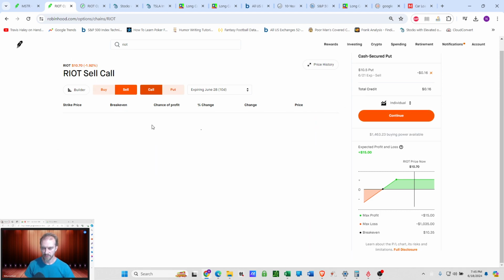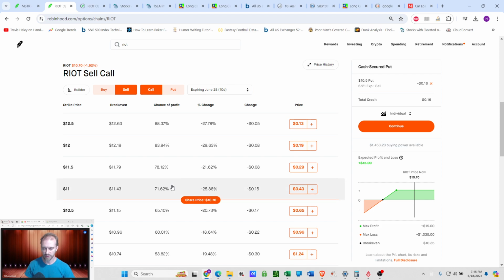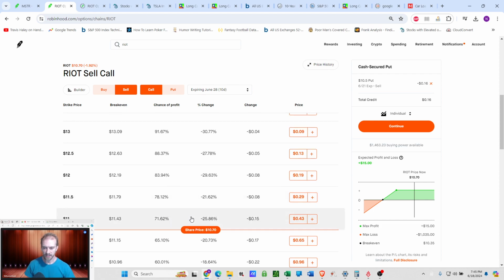then step 2 of the wheel is to sell a covered call. Instead of using cash as collateral for the cash secured put, now you have 100 shares which you can use as collateral to sell a covered call. And again, if you got assigned at 1050, as long as you sell a covered call above 1050